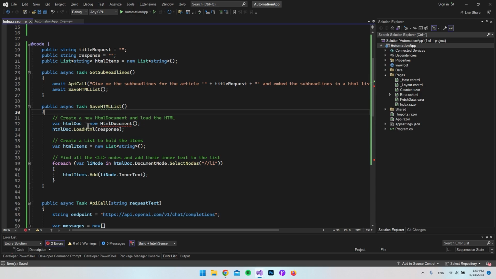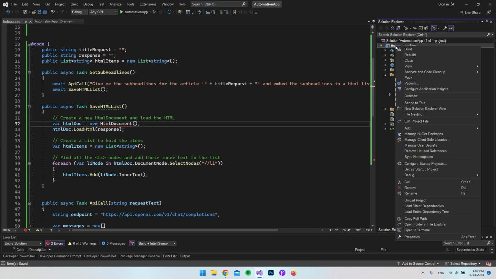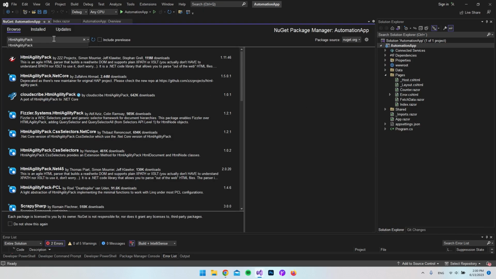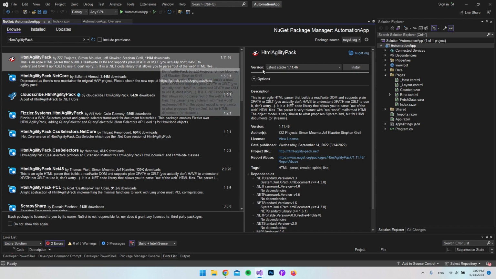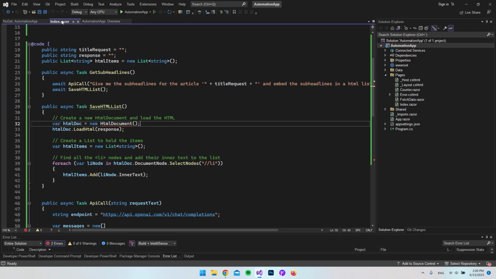So now that I copy and pasted in, we are going to create a new HTML document class here, and this is actually also a library that we need to install. So let's go and right click our project again and say manage NuGet packages, and then we want to search for the HTML agility pack because this is the package that we want to install. And you can also just go and install the latest version. So we hit install, and when that's done, we can go back to our index page